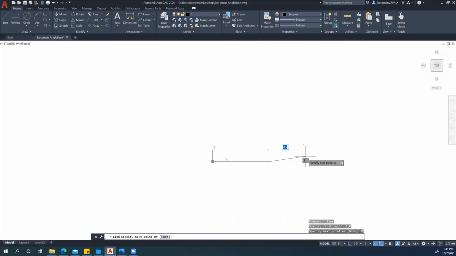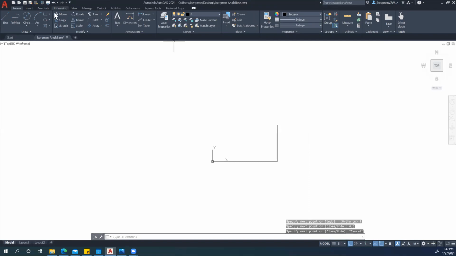So enter. Then I want to go to the right one more inch, but instead of having to keep typing in 0, 90, 180 and so forth, we can just turn ortho mode on. Okay, so I'm going to click ortho mode. Okay, and I'm going to go to the right by 1, enter, and then I'm going to go up by 4.5, enter, and then I'm going to get out of this command,